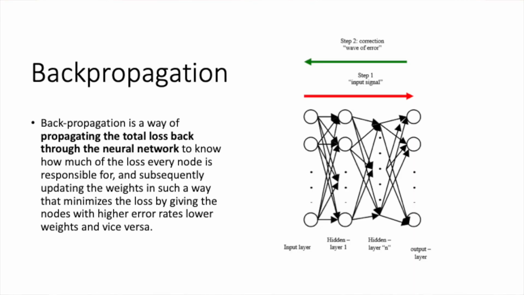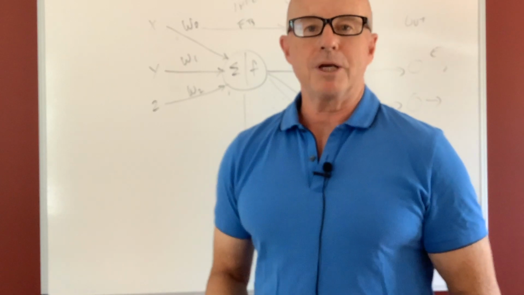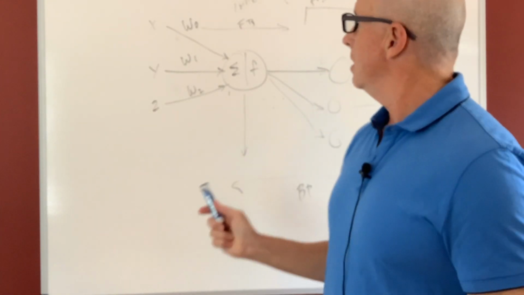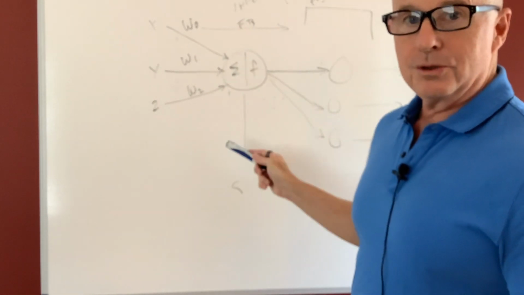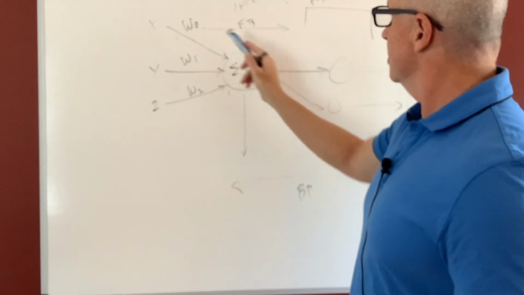So back propagation is just a way of propagating the total loss back through the neural network to know how much of the loss every node is responsible for, and then updating those weights in a way that minimizes the loss. So that's basically my introductory talk on neural networks, nodes, how they work, the functions, the forward propagation, back propagation,